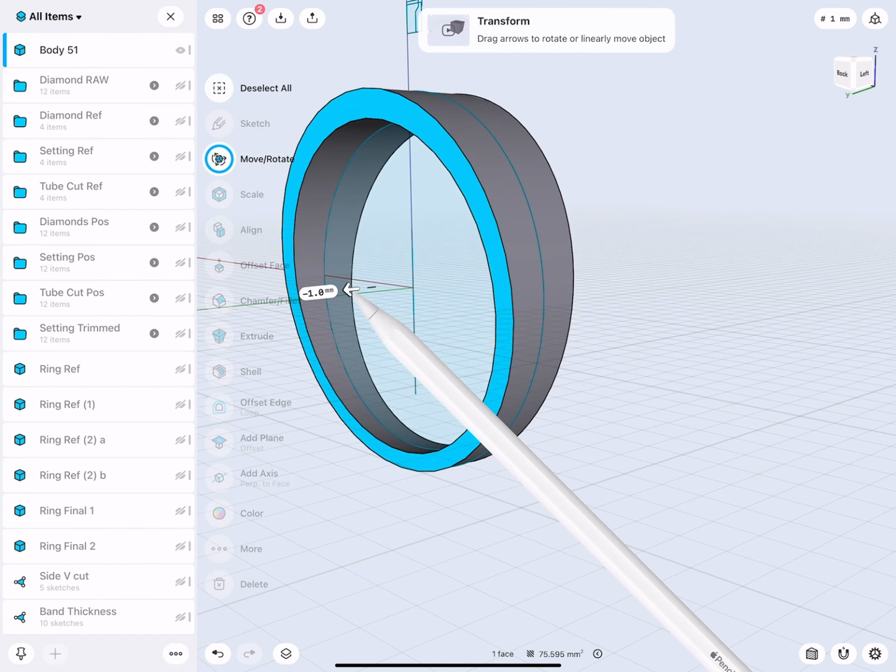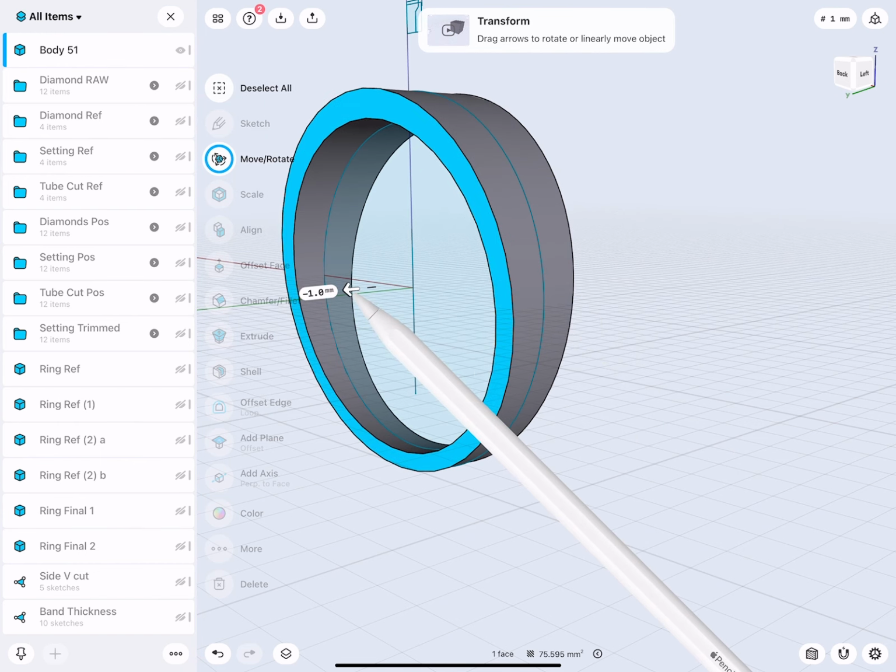This ring band was very useful to understand how far and where I can position the individual cylinders, so the bezel settings. Before I continue, here's one really important tip. You see here, there are these stones, and I have the stones there.